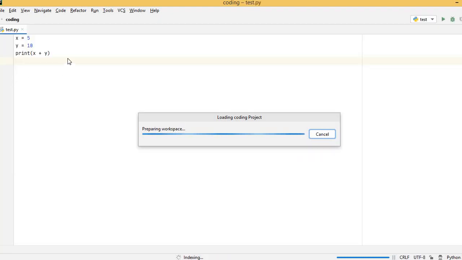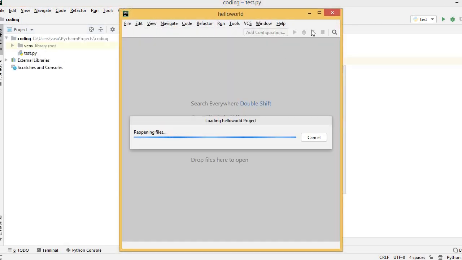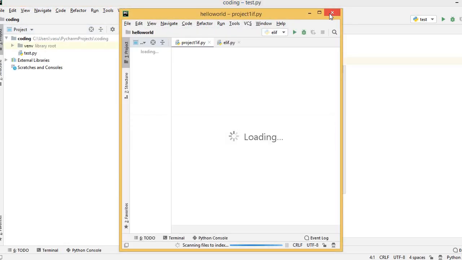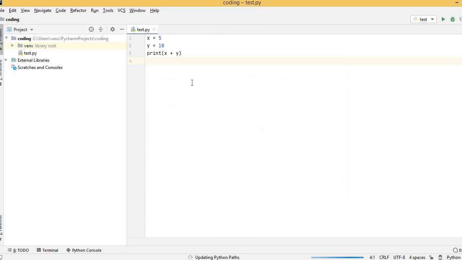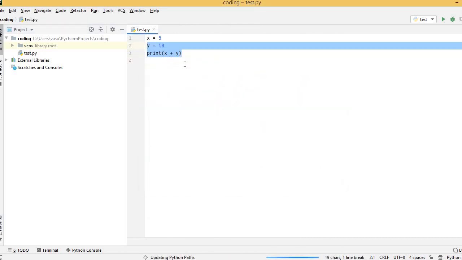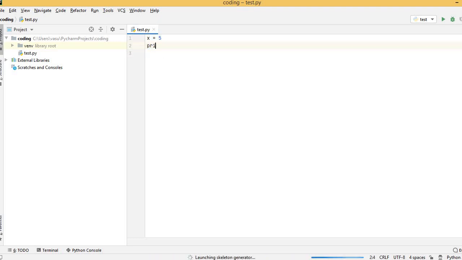So this is what we did in the previous session. Here I am going to write x equal to 5, then print type of x. Here I am asking it to print what type the value of x is.